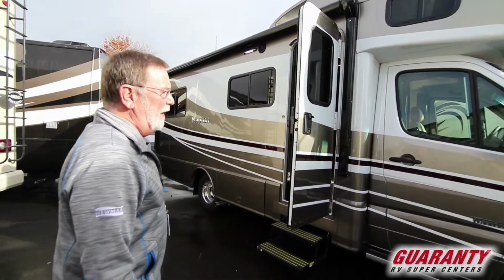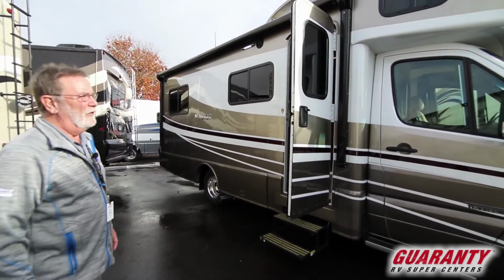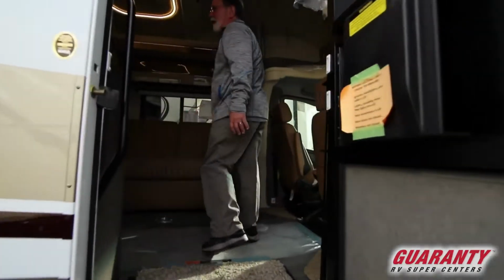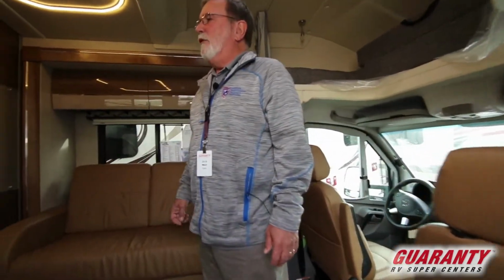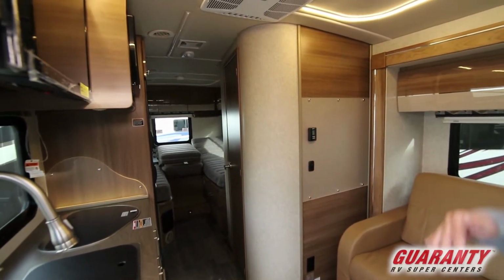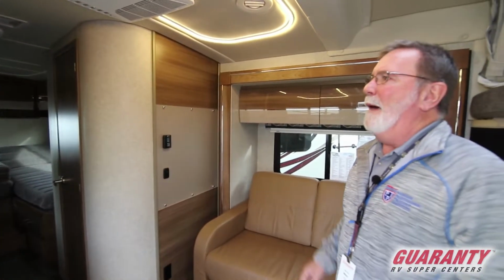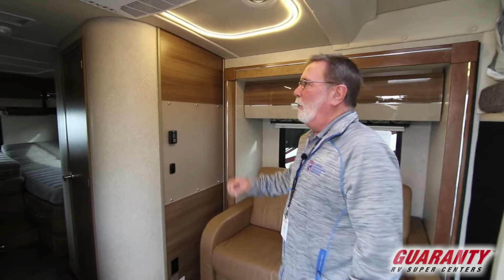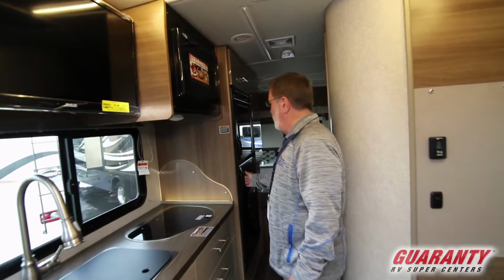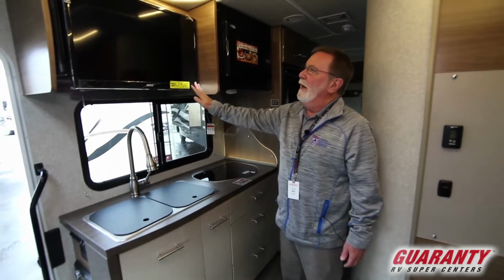You got a full electric awning over this side, but the most interesting thing about this one is the floor plan. It's a great floor plan, one of the more popular ones, and that's because on the inside you've got a multiple use bedroom. In the back it can be either two twins or a full king size bed. It gives you lots of options on your sleeping. You got full cabinetry, a nice Norcold 3-way refrigerator, 2-burner cooktop, convection microwave, a nice 28-inch